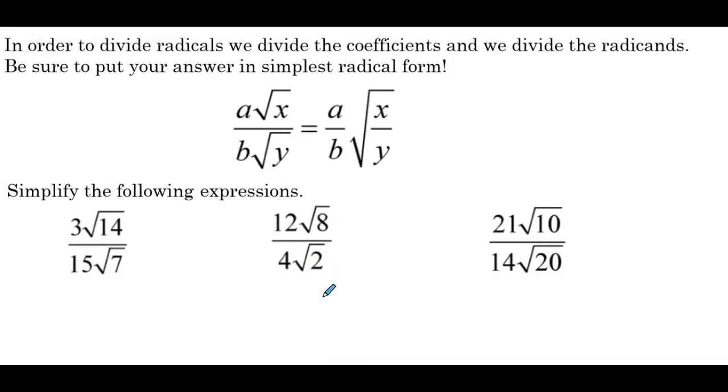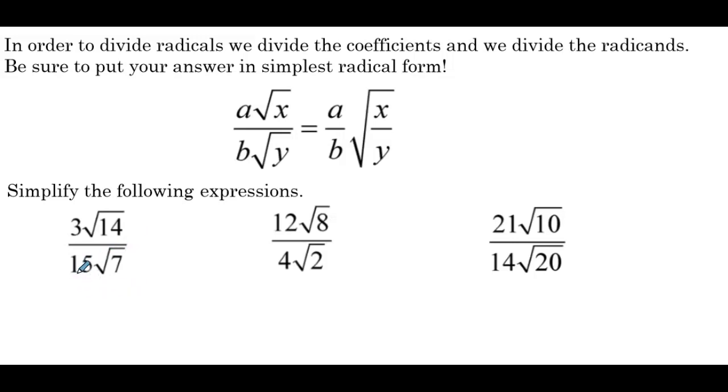Next up, dividing radicals. In order to divide radicals, we divide the coefficients and we divide the radicands. And as always, we want to make sure that our answer is in simplest radical form. So we can see in our first example, we have a times the square root of x over b times the square root of y, and that becomes the ratio of a over b times the square root of the ratio x over y. So first up, we have 3 times the square root of 14 over 15 times the